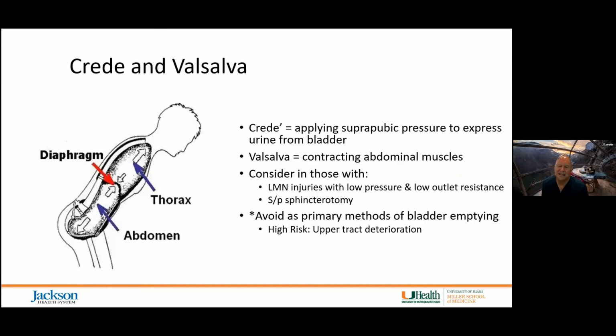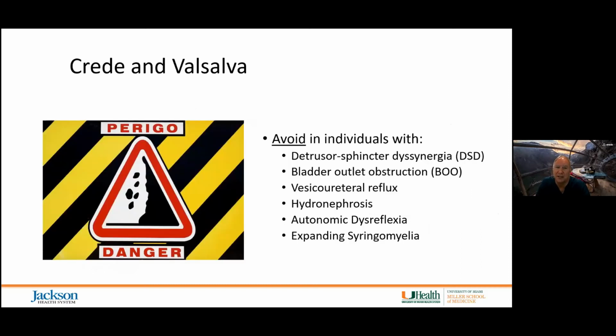So Crede and Valsalva maneuver, this is where you're applying suprapubic pressure to express urine from the bladder, and using a Valsalva, contracting the abdominal muscles for those folks who have that ability. Consider this for lower motor neuron injuries that have low pressure and low outlet resistance, or for those with a sphincterotomy and an external catheter. I don't recommend this, and neither do the consortium guidelines recommend this as a primary method of bladder emptying, because you put people at high risk for upper tract deterioration. So again, avoid the Crede and Valsalva for those folks who have DSD,